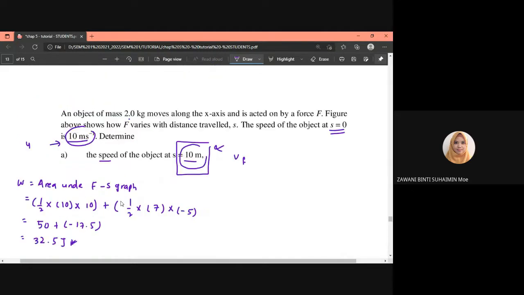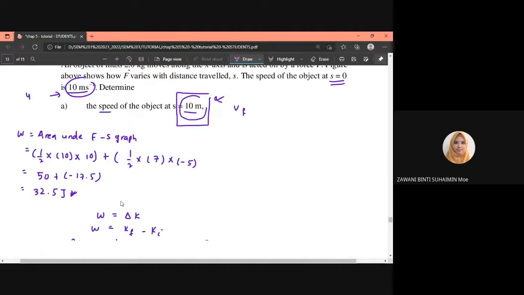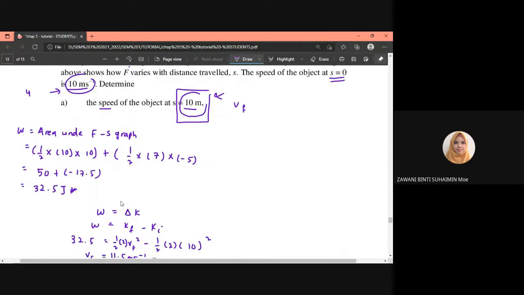Okay, so daripada graf kita boleh dapatkan work. So kita boleh kaitkan dengan work energy theorem if the question ask us to find velocity. Ingat velocity ni, cara nak cari velocity dalam tajuk work energy ni, okay, ada dua cara, iaitu sama ada conservation of energy, iaitu summation of E initial is equal to E final, ataupun you boleh gunakan work energy theorem macam ni. Okay. Alright,